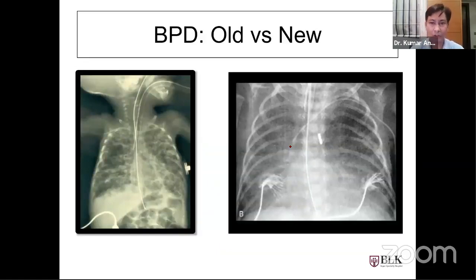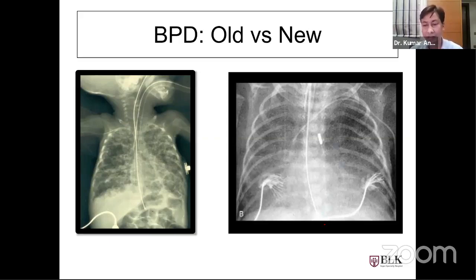So if the patient requires long-term ventilation, and has sepsis and poor nutrition, they can develop chronic lung disease or bronchopulmonary dysplasia. Nowadays we don't see this type of chronic lung disease, the old BPD, where you can find a lot of atelectasis and fibrosis. Some areas are overinflated and cystic, some areas are fibrotic, and some areas are atelectatic. But nowadays we see more cases of new BPD. New BPD is because of immaturity, poor formation and poor alveolarization.